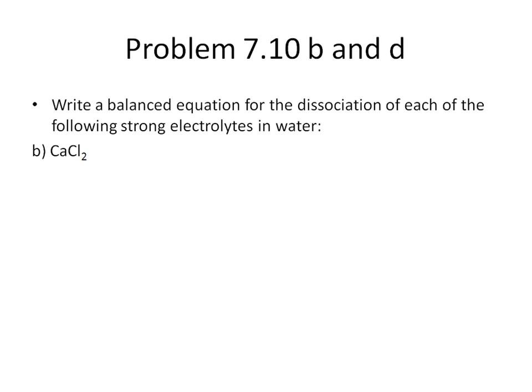We're going to write a balanced equation for the dissociation of each of the following strong electrolytes in water. And you want to be sure that you know how to input this into Mastering. I've done a couple of these on videos, so hopefully by now you know how to enter these. But you want to be sure that you use reaction arrows and that you put the state of matter also